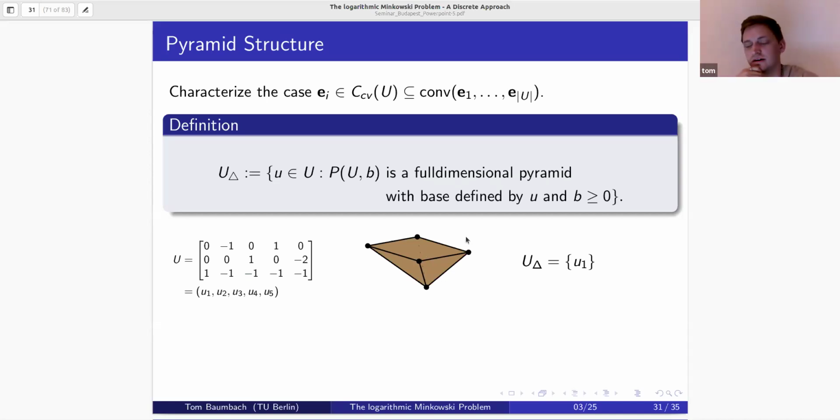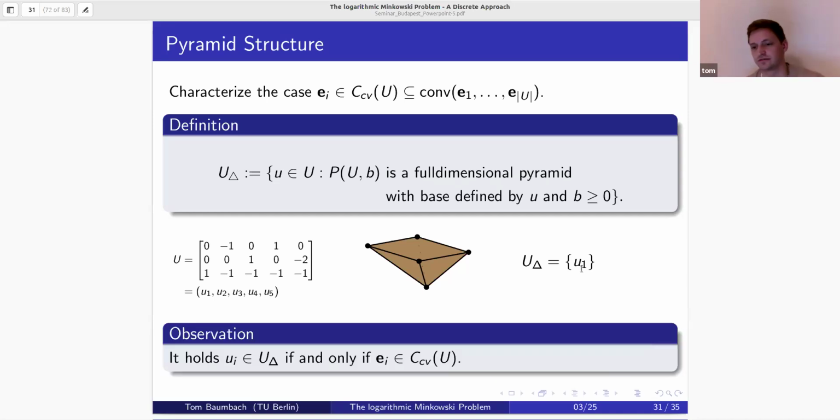U delta always consists of U1, sorry, it's also the only vector which is possible to define a pyramid with the other outer unit normals U2 to U5. And then we have the following nice observation. It holds that UI is contained in the set U delta if and only if the vector EI is contained in the cone volume set of U. So we have now encoded these vertices with the set U delta,